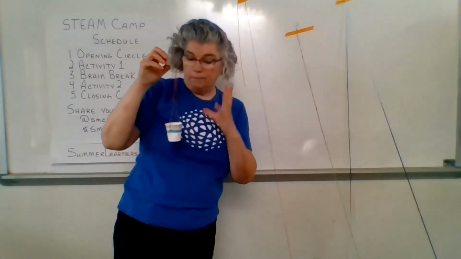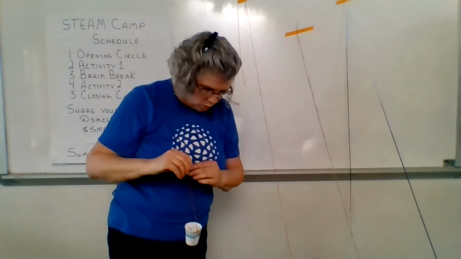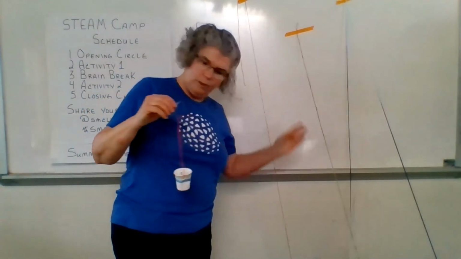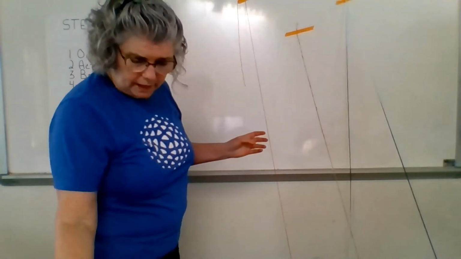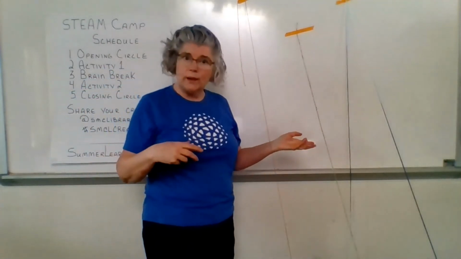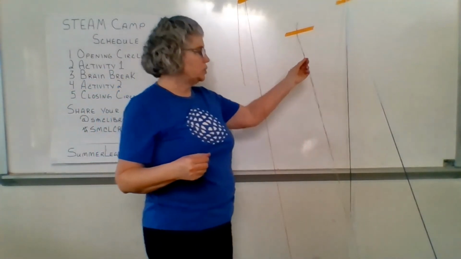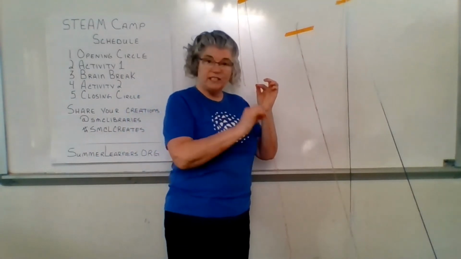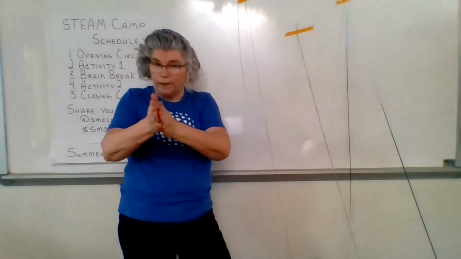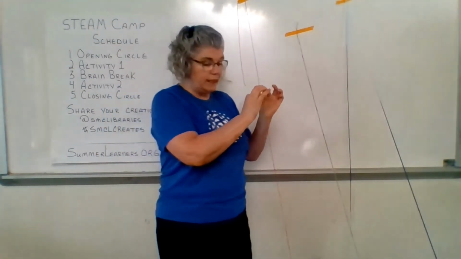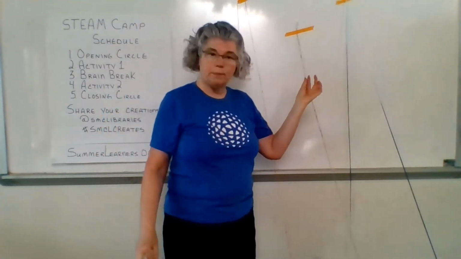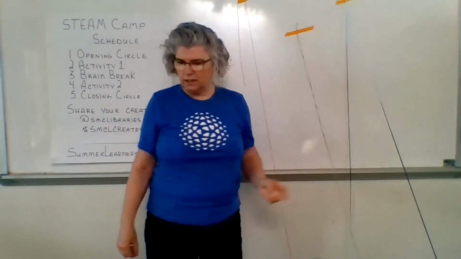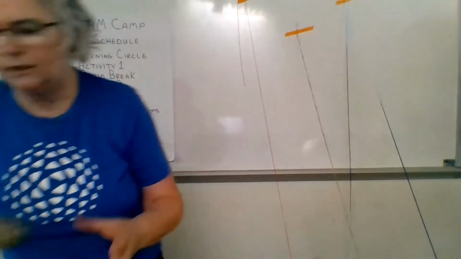You can put more dimes, less money, rocks, whatever it is, and see which one goes faster. If it goes faster with more weight, with less weight, which twine you like the best. This one is very smooth. Remember we talked about putting oil on things and making them more slippery. So this one is very smooth as opposed to this one here, which is a string. It's got nubbly things on it. I can hold it closer to you, so you can see.